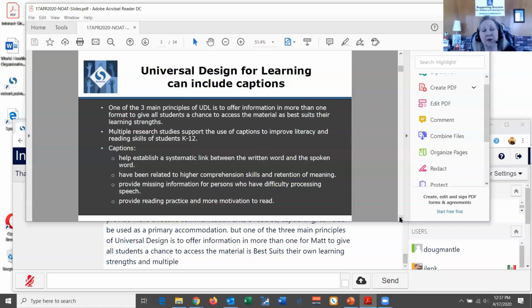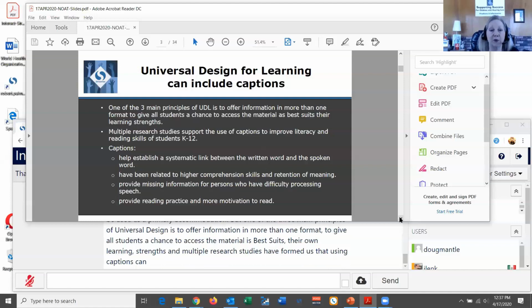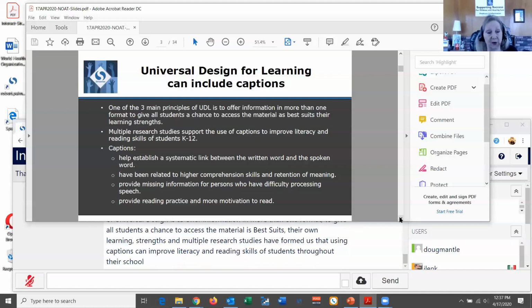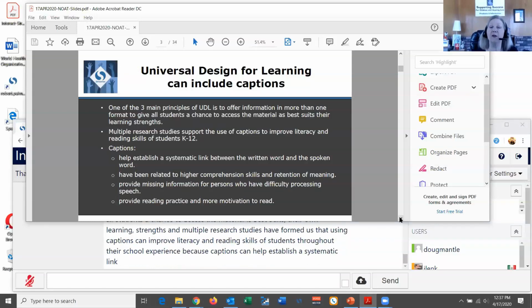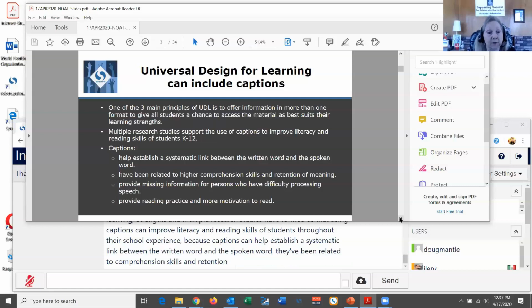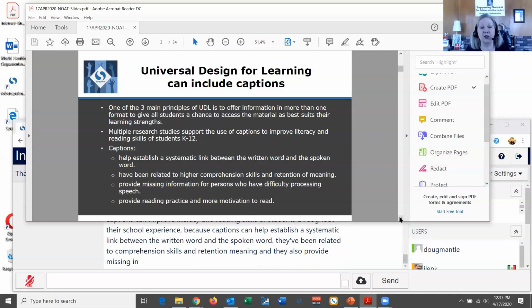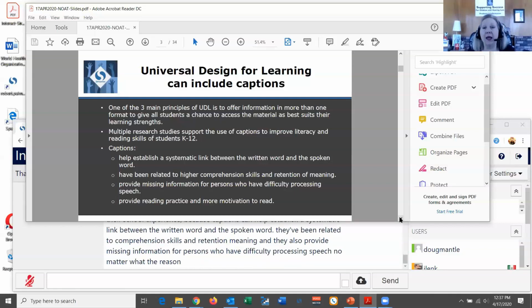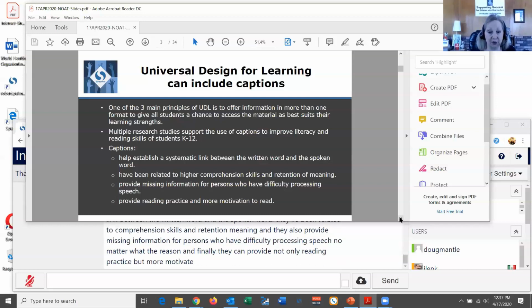And multiple research studies have informed us that using captions can improve literacy and reading skills of students throughout their school experience, because captions can help establish a systematic link between the written word and the spoken word. They've been related to higher comprehension skills and retention of meaning, and they also provide missing information for persons who have difficulty processing speech no matter what the reason. And finally, they can provide not only reading practice, but more motivation to read.